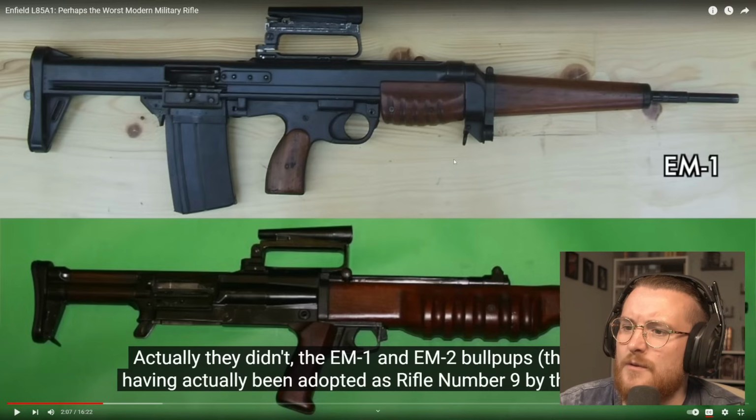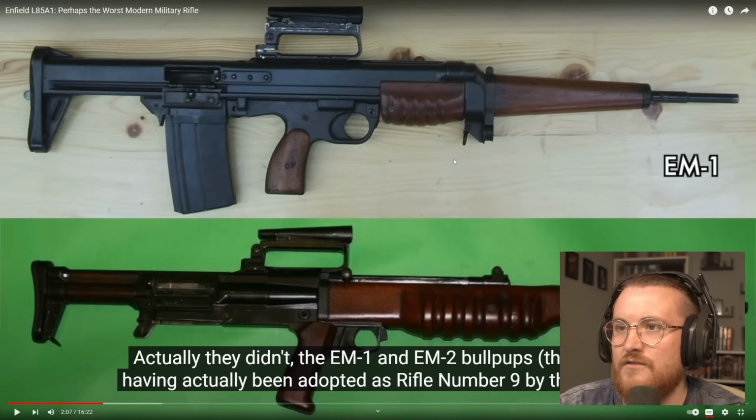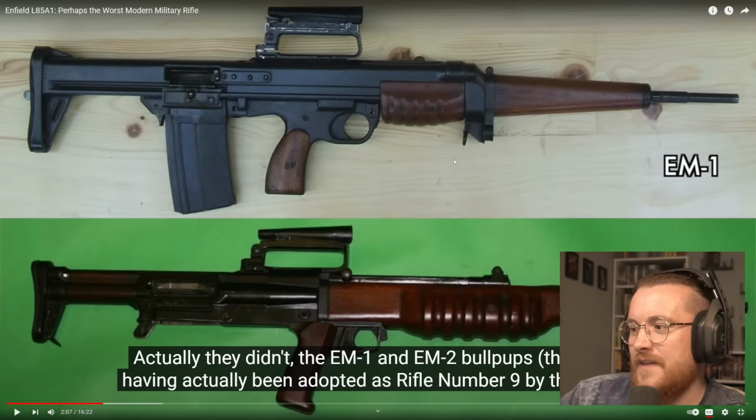I can see why a lot of people thought that it was just a rendition, like an evolution from the SA-80. It was the de-evolution of the SA-80, and maybe this was what inspired it. Especially because you've got that hand grip scope. Obviously, it's a bullpup. Magazine's at the back. And almost with that EM2...